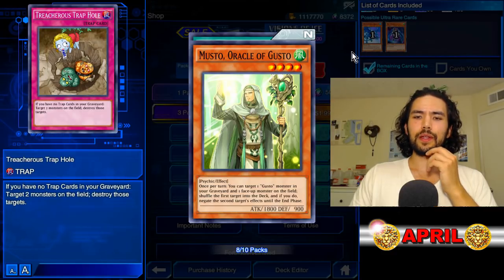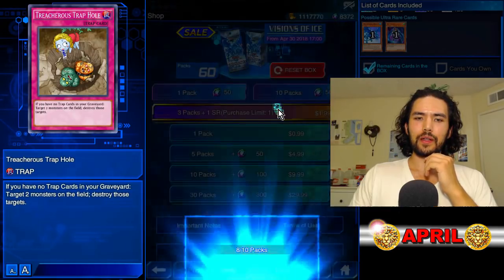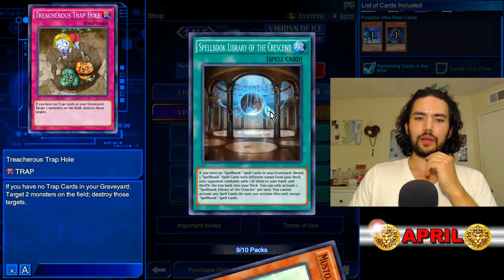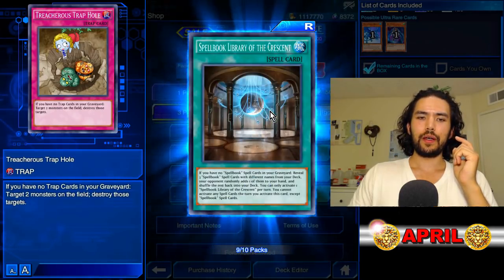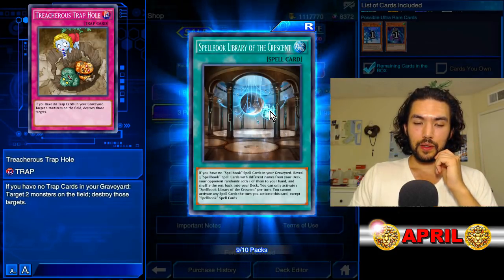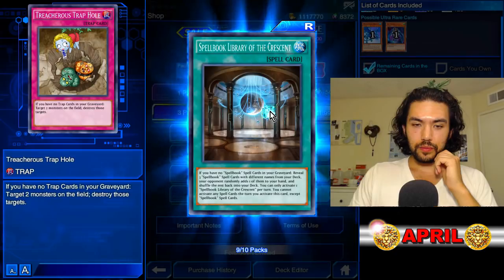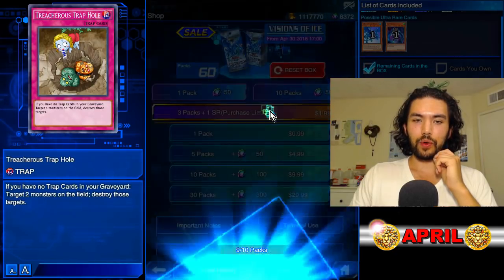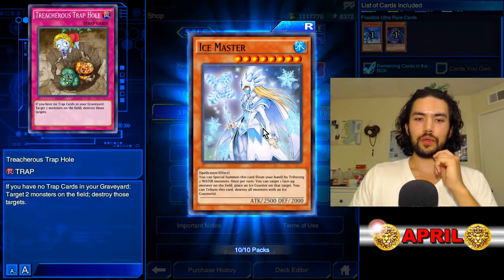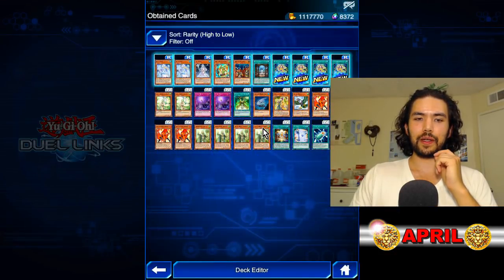Oh, wait. Let's look at negating the second target's effects. Does the big dragon block monster effects? Let's take, alright, and the fourth Spellbook of Fate. Okay. Check the dragon. Library of the Crescent. Oh yeah, this is the one where you pick 3 and your opponent adds 1 to your hand. Musto, Dragon Swords, Ice Master. Alright, I keep saying I don't. Alright, that was